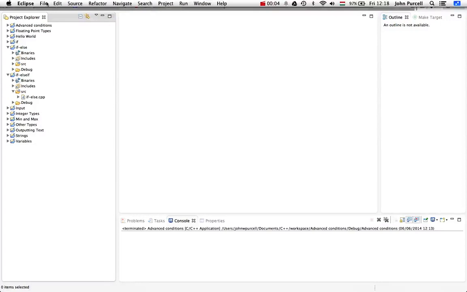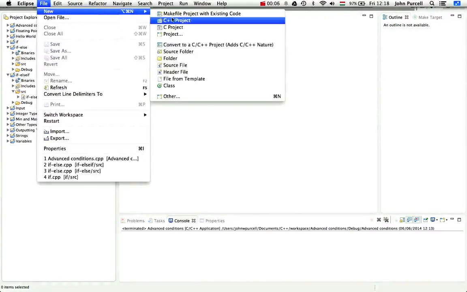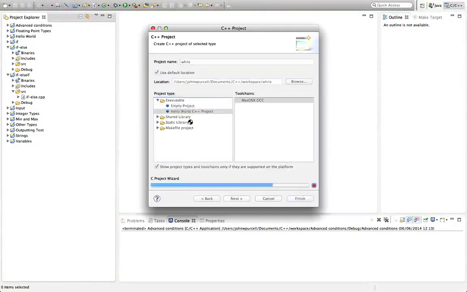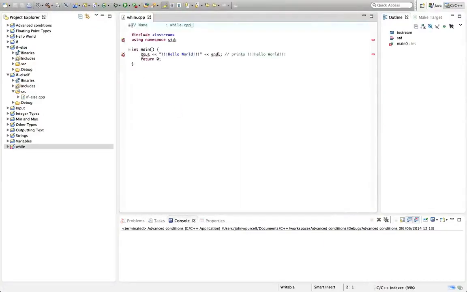In this tutorial in C++ for beginners, we're going to look at while loops. So I'll create a new C++ project here. I'll use the Hello World project template. Another of the basic building blocks of computer programs are loops, because a computer program that just executes a load